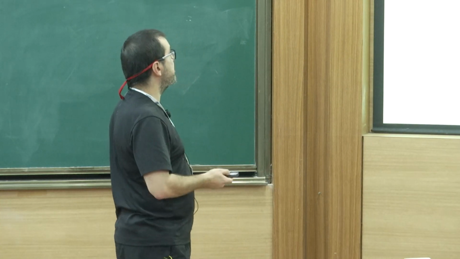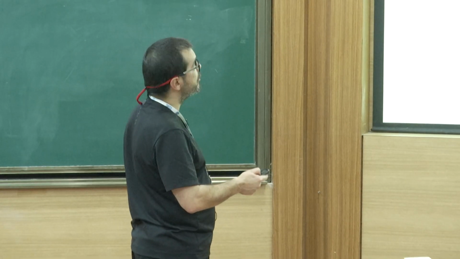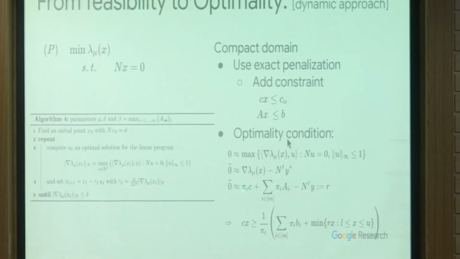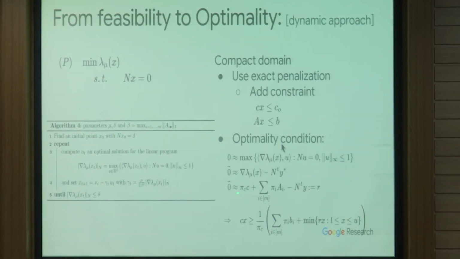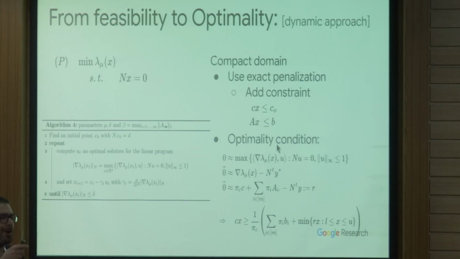You could do something else. I mean, you could add the constraint Cx, let's say, to some bound. You can compute bounds because this is a bounded problem. And as you go, you can always compute an implicit bound on the duals of the C vector. And I was wrong. I mean, I'm not wrong. Well, yes and no. So you can compute the bound. And I was hoping, because the theory on the exponential parallelization method says that the duals converge exponentially fast, but there is a caveat there. The caveat is that is when you are close enough. And if you start far away, you're not close enough.